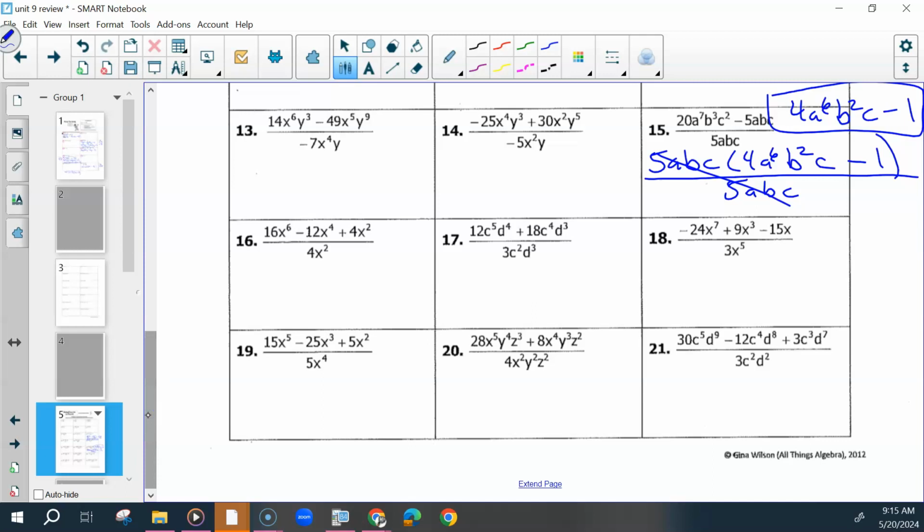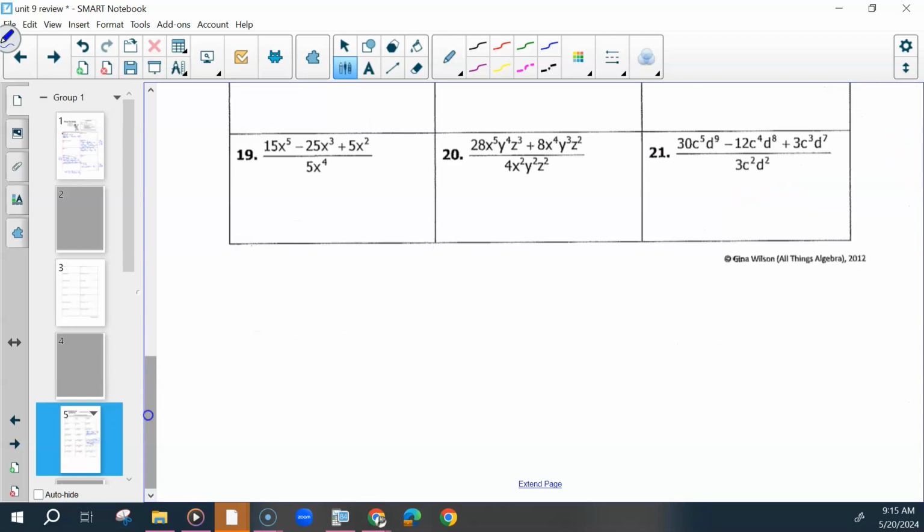By separating or by GCF? Separating. Okay. So if I separate this, 15x to the 5th over 5x to the 4th minus 25x cubed over 5x to the 4th plus 5x squared over 5x to the 4th. This would be a case if you factored, you would get something a little different. So I could divide each term,